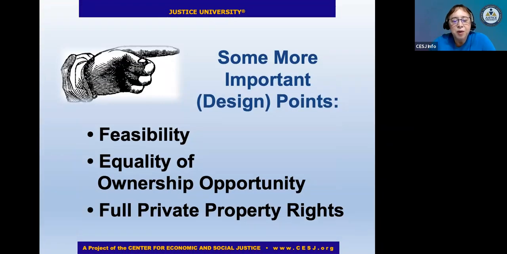Some key points of how we design, how we take principles of the just third way and put them into the design of these specific vehicles. We have to take into consideration, number one, feasibility. If a project cannot pay for itself out of its future profits, it's going to have to get money to repay a loan from somewhere. It should not continue to be from the government, or it's really the taxpayer. But ultimately, it should come from the people who are using it, who are going to be buying and selling.